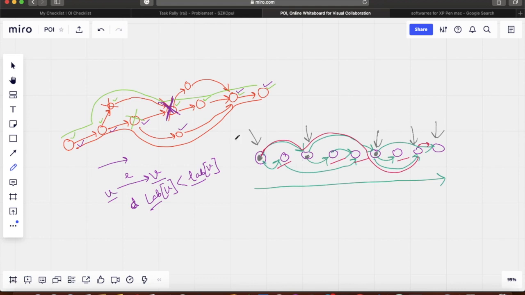Now notice that in this case I have explicitly shown that the longest path started from the first node and ended at the last node. But this is not necessarily true, because for a topological sort, if multiple nodes have 0 in-degree and some out-degree, we can arrange them in any order that we want. It's not really fixed. So the longest path could have started from here, or from here, but we don't know which of them will be the first node in our topological ordering. So it starts from somewhere, hops over some nodes, and ends at some other position.